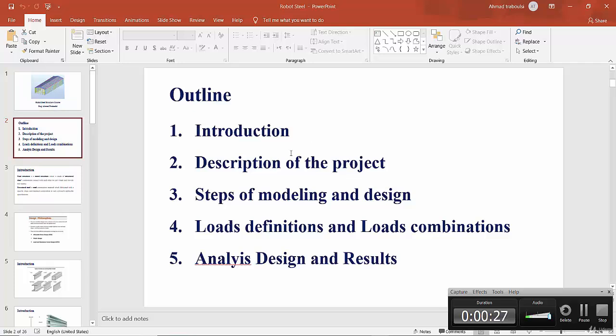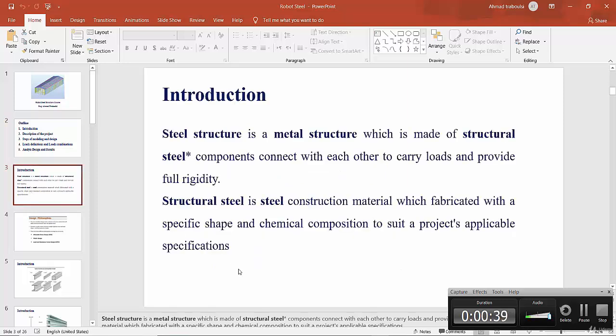The outline is: introduction, description of the project, steps of modeling and design, loads definition and loads combination, analysis, design, and results. If we go through the introduction, we can show here that steel structure is a metal structure which is made